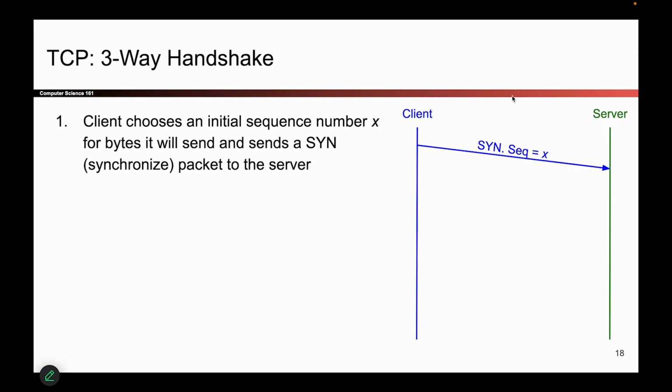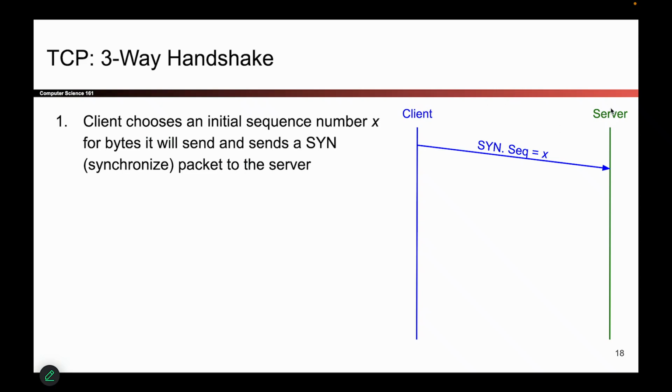Okay, so now that we know that TCP is bi-directional and data can be sent in both directions, and we know that sequence numbers have to start at a random starting point, this means that when we start a TCP connection, the client and the server have to agree on what starting numbers they're using. And here, by client and server, we just mean any two computers.